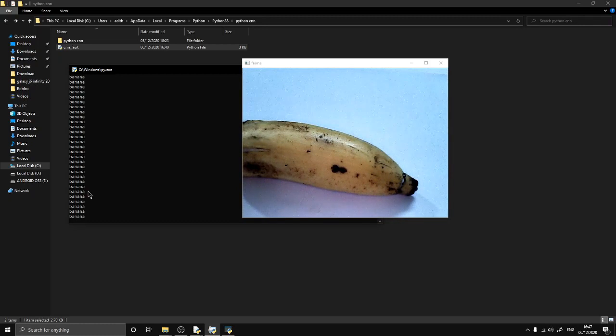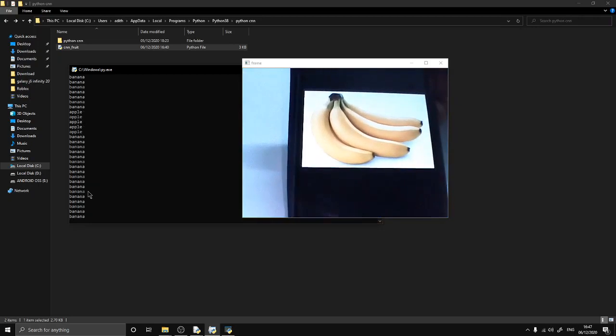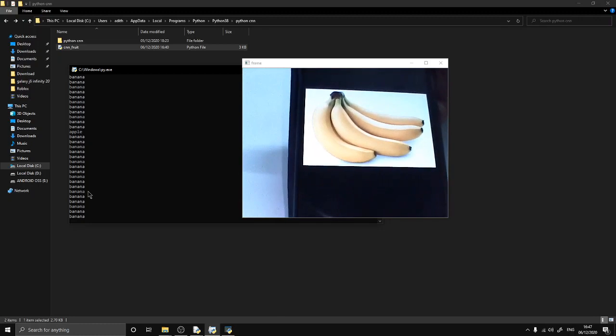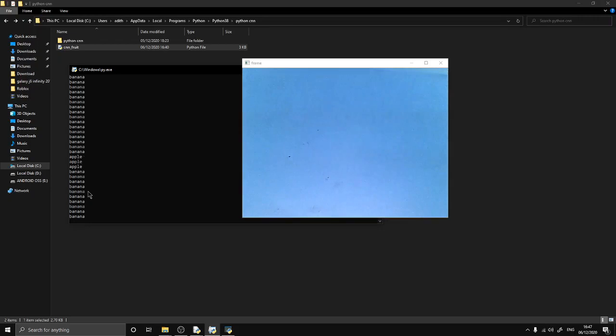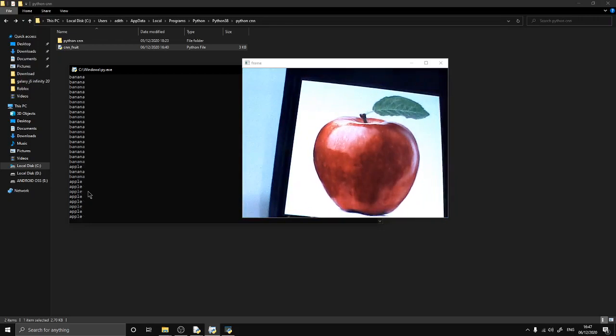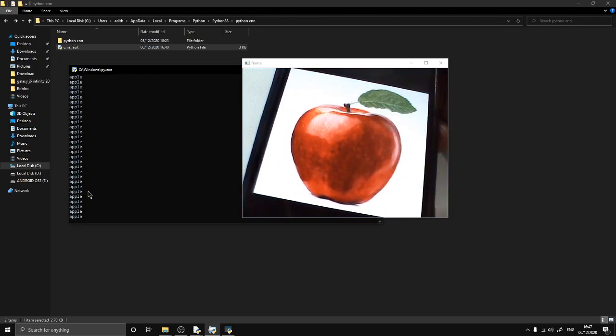That's how a neural network works. Now let me show another example. I'll keep an image of a banana on a phone. It shows banana. But if I keep an image of an apple, it shows apple. So the neural network is perfectly trained, works in proper condition, and can detect